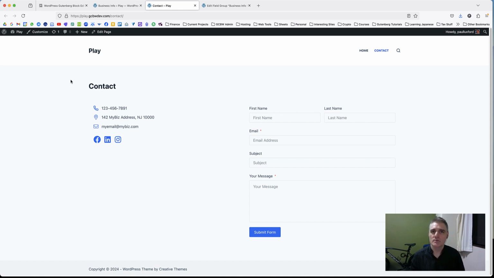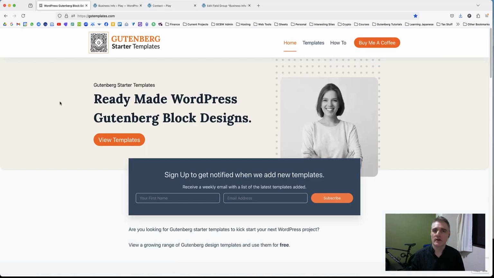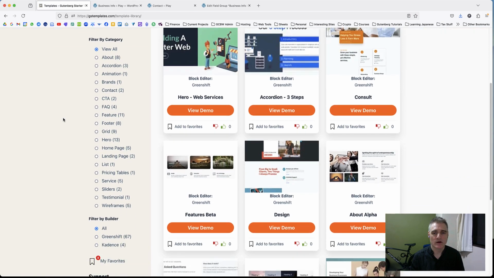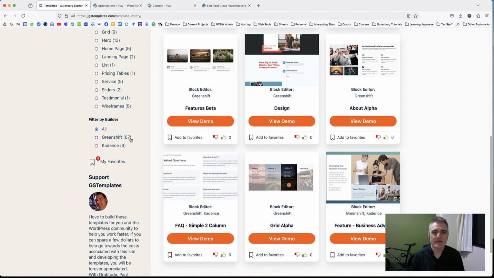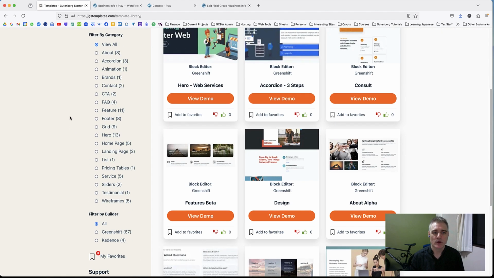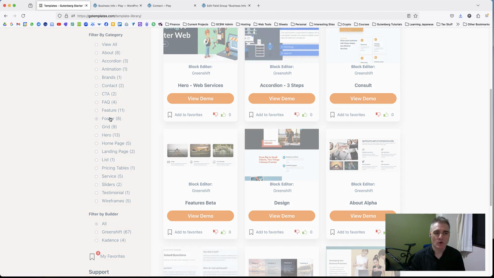Now, I want to also point out that I'm working on another project which helps out with building pre-made templates, right? So I've got GSTemplates.com, which is Gutenberg starter templates, and I am constantly adding to this website. We've now got 67, at the time of this recording, 67 Greenshift templates that range across all different types of categories. So lately I've been working on footers,